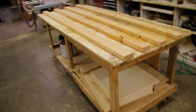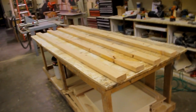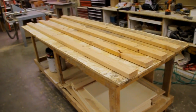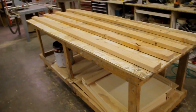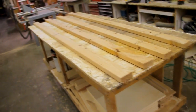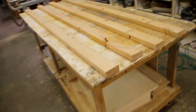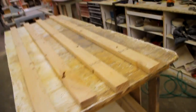Alright, I'm going to show you how to build a BMX grind box, and what you're going to need is about 10 2x4s. You're going to want to pick out the 4 straightest ones. You're going to want to do that in the store because there's a lot of crooked ones. These are going to be for your top and bottom supports, so you're going to want those straight so the